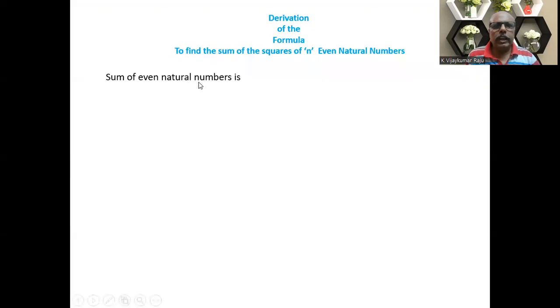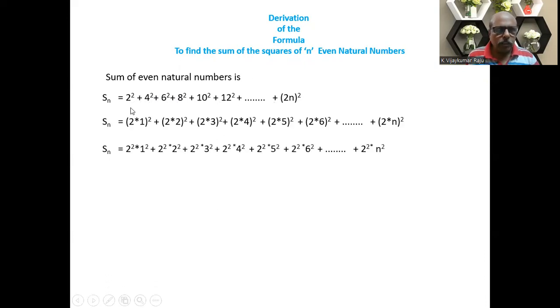Sum of the even natural numbers squares, what is it? We usually denote the sum as Sn. So Sn is equal to 2 square plus 4 square plus 6 square plus 8 square and so on it goes. So the last term will be 2n whole square. Okay, so we need to find the total of all these terms till n number of terms. Now you see here,